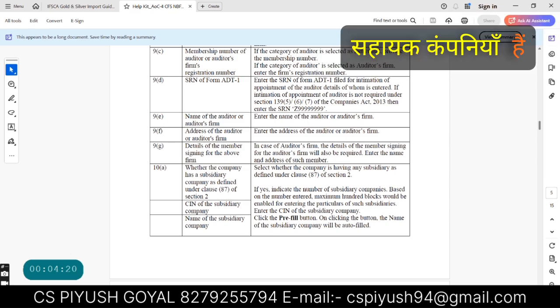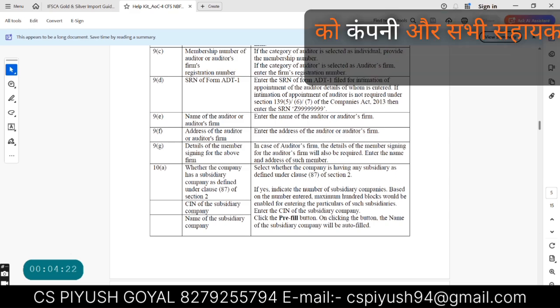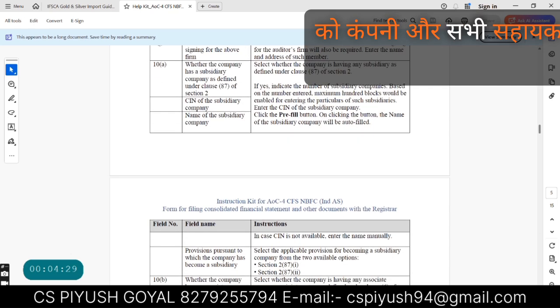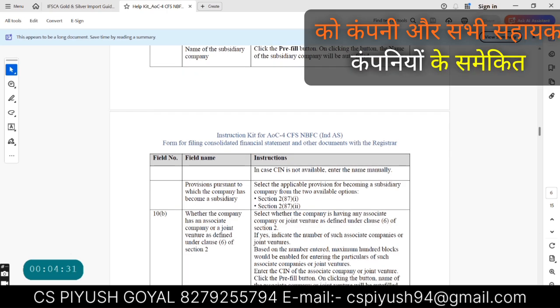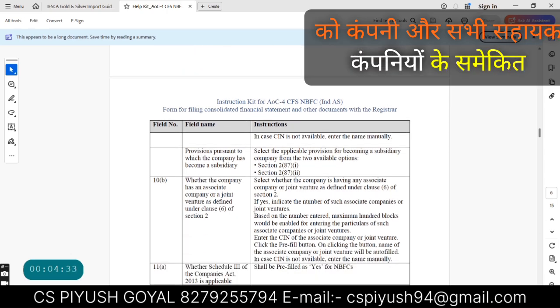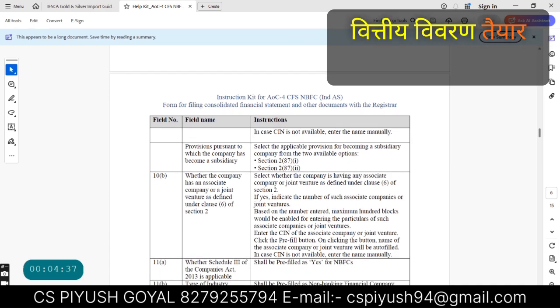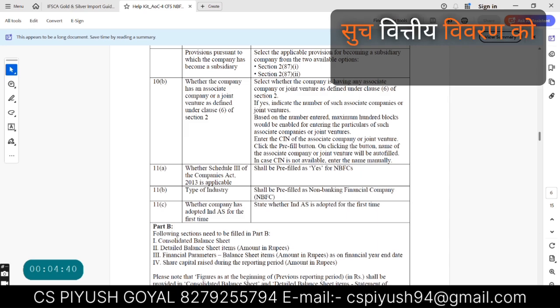If the company has any subsidiary, it is required to mention the details of the subsidiary, right? Mention the CIN of the subsidiary and the name of the subsidiary. After that, if the company has any associate company or joint venture company, then it is required to mention the details of the said joint venture company or associate company.